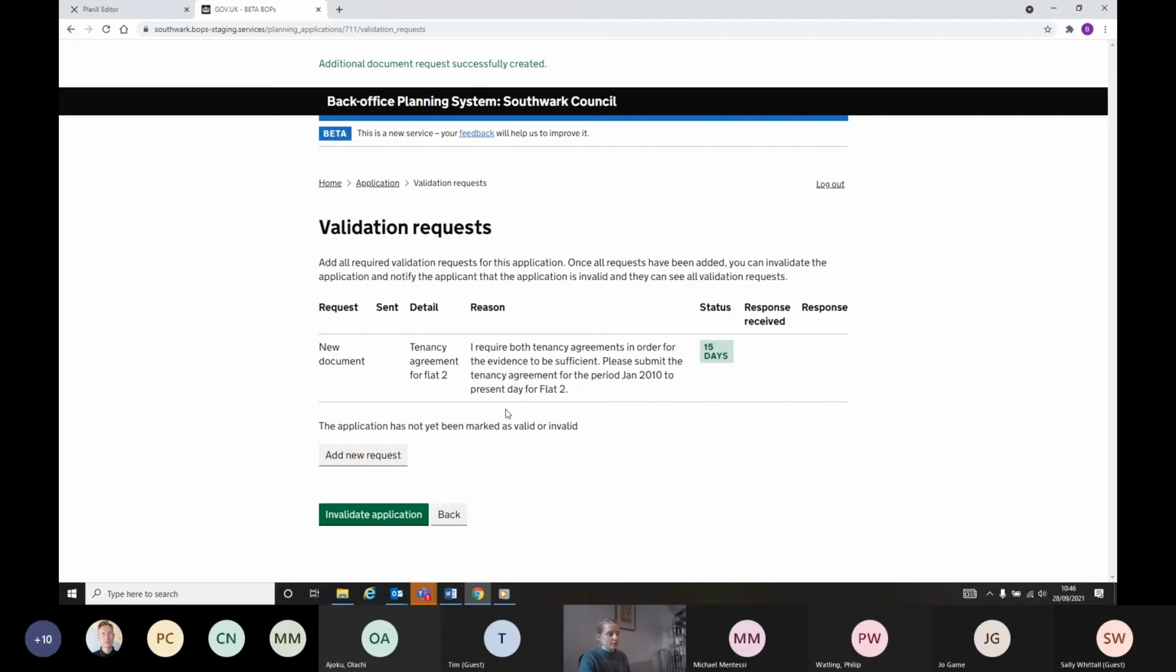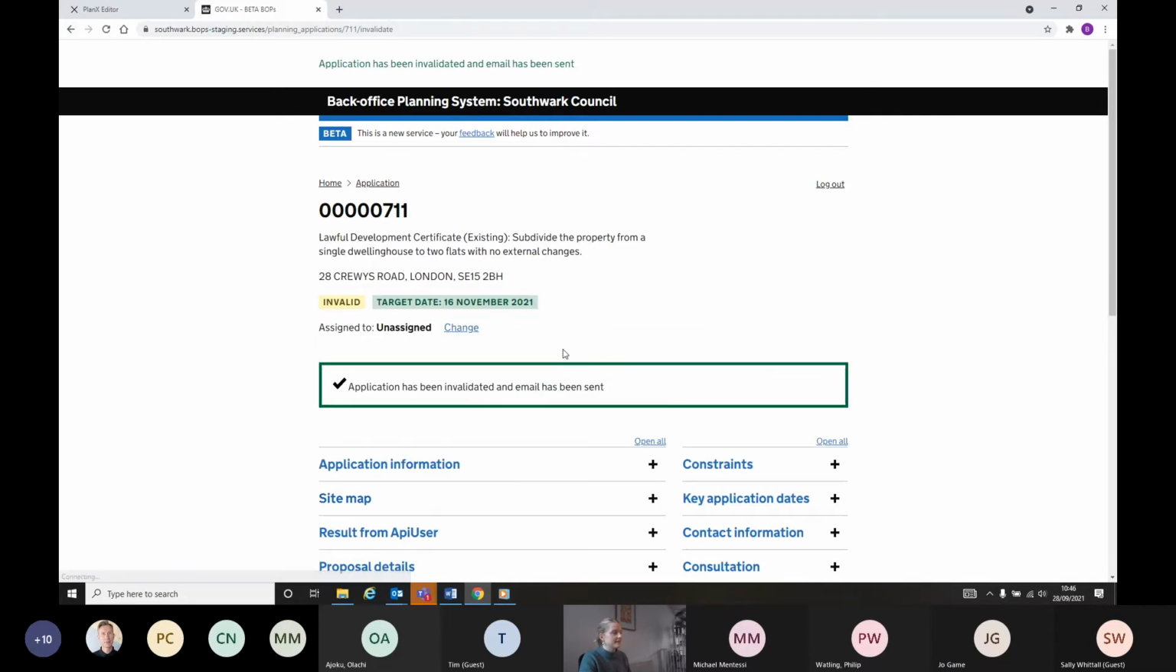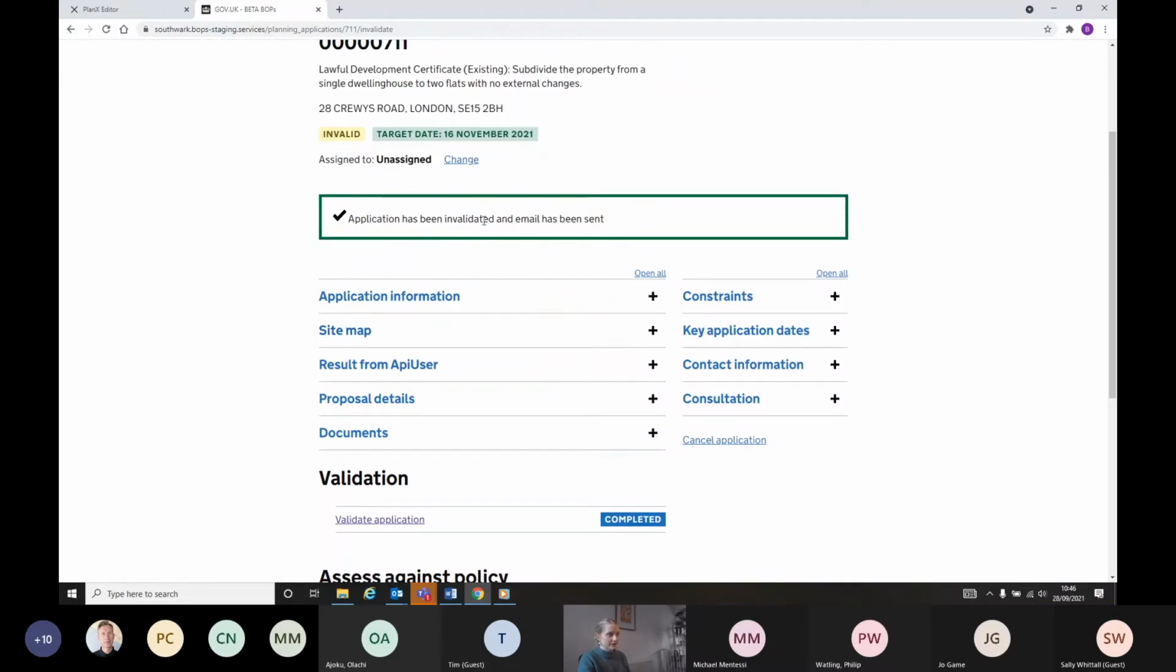If I wanted to add any more, I could do that using this button, but this is the only one that is making the case invalid. So let's make that invalid here. And it confirms to me that it's been made invalid and that an email has been sent through to the applicant. So if I just come back into my inbox,